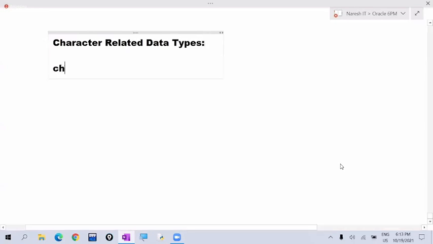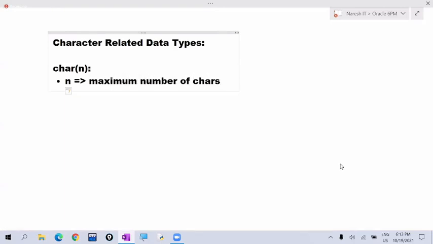In the character related data types, the first one is what? CHAR data type. Okay, here N means, what is N? Maximum number of characters.